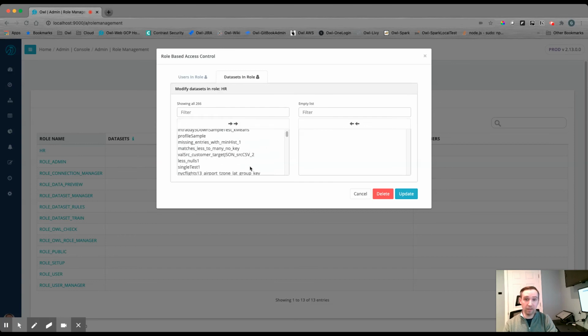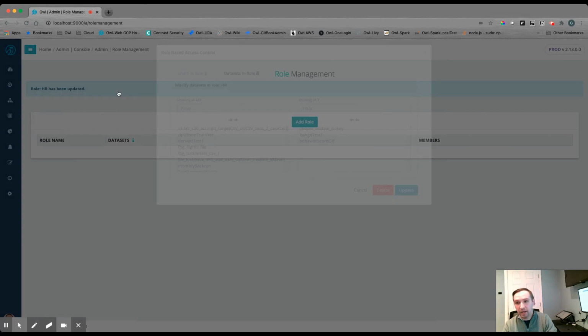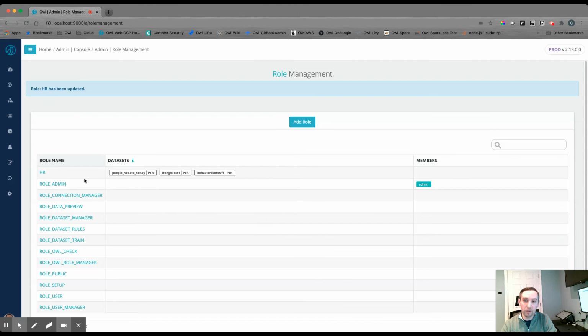Right now, I see my list of every data set that's been created in the system, but I see that none of them have been applied to this role. So to do that, I will just pick a few and hit update. And now, what that means is anyone that logs into the system and has the role of HR applied to them will be granted access to these three data sets. And so they'll be able to go into those data sets and see them, view the data, and depending on